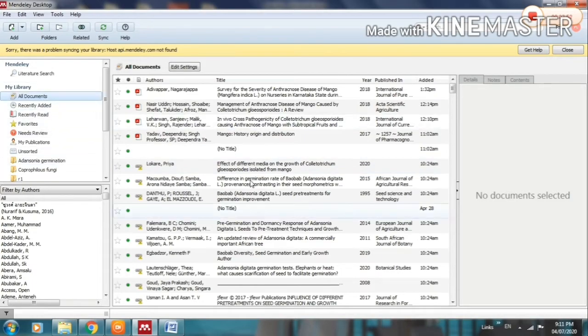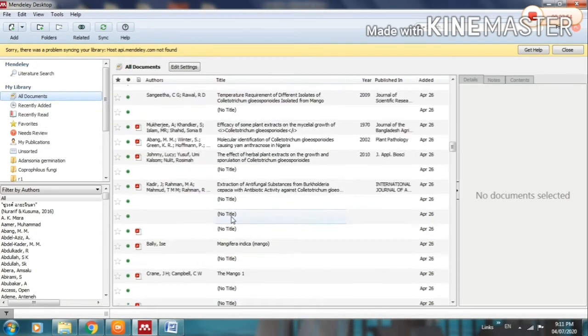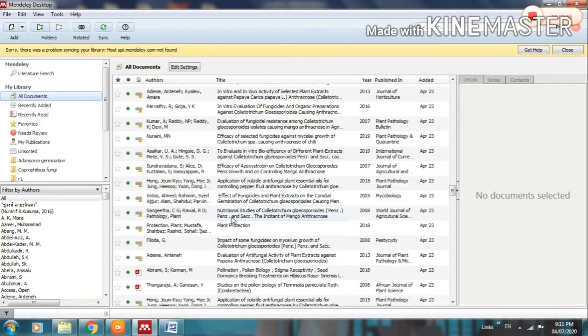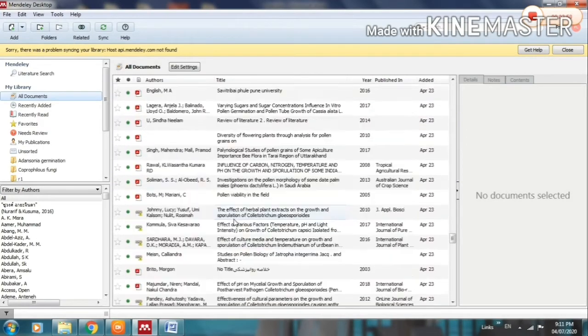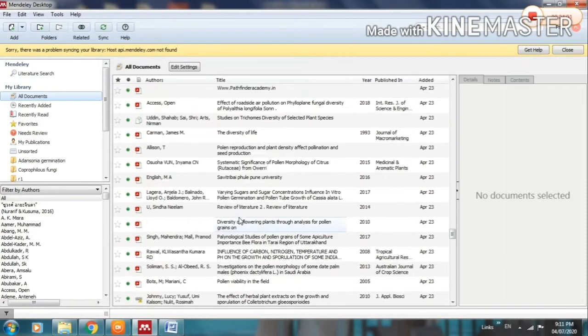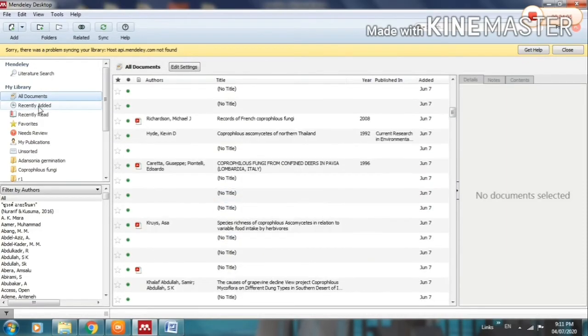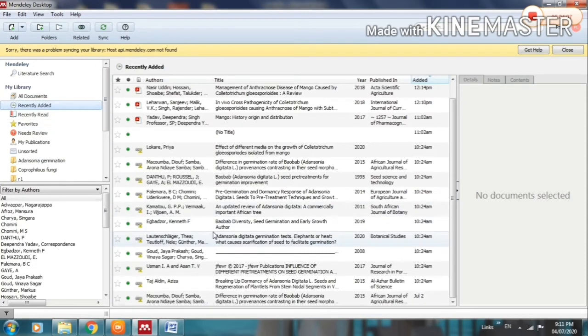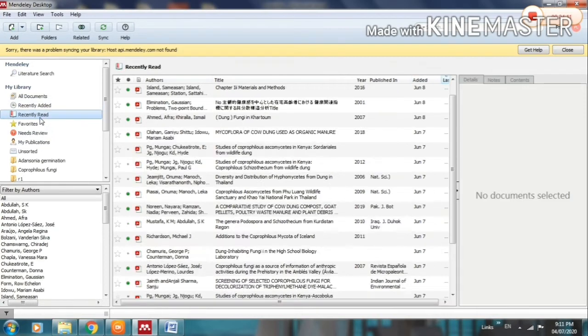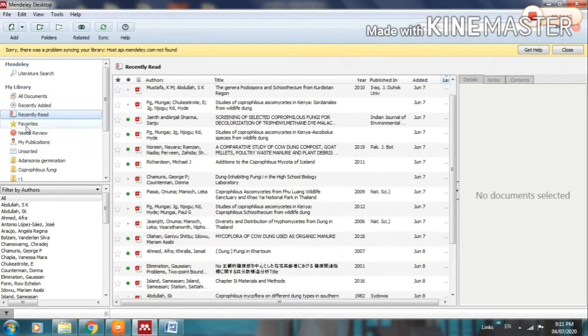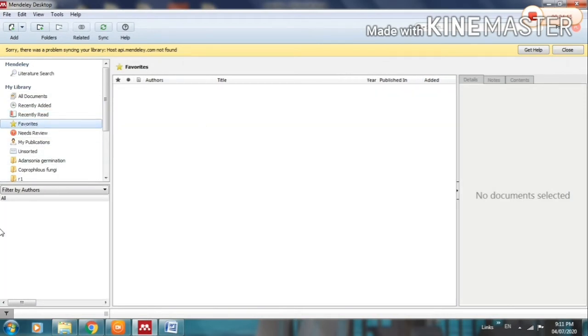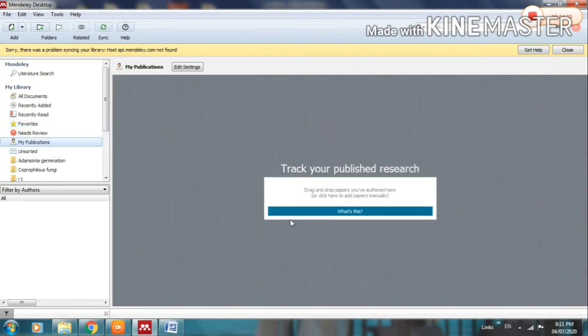Then this is the option All Documents. By clicking on it, I can see all downloaded research papers and books here. Then on clicking the second option, I can see recently added research papers. Then recently read, then favorites, so no favorite added here. Then my publications, no publication here. So here are some